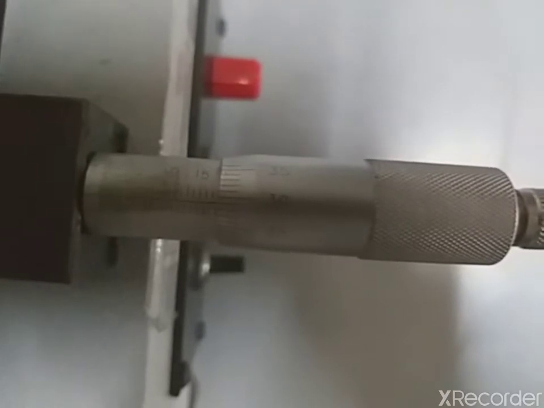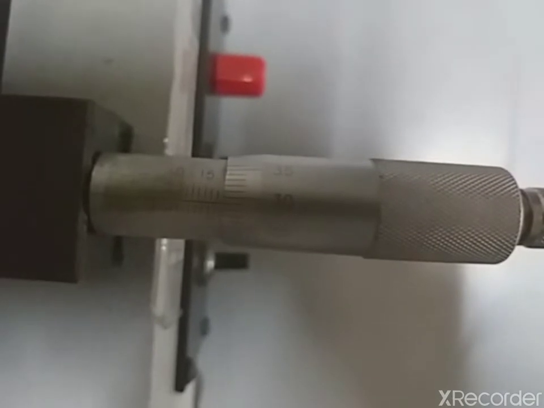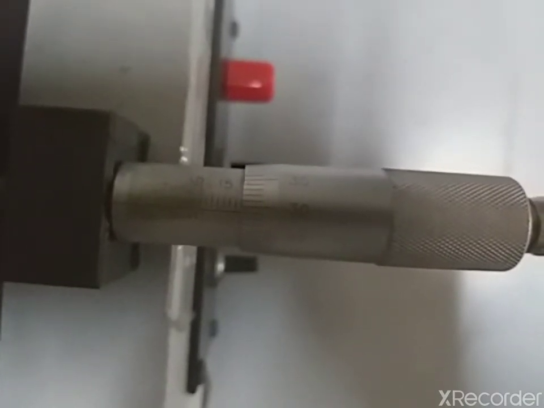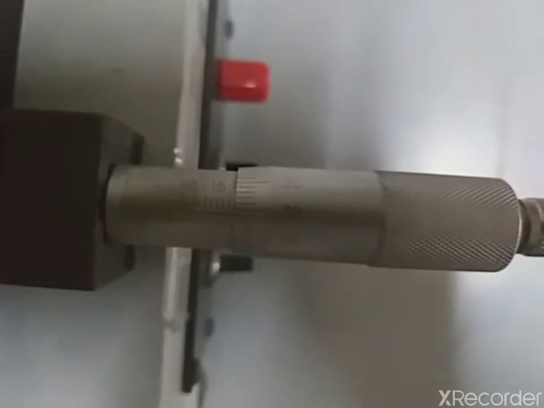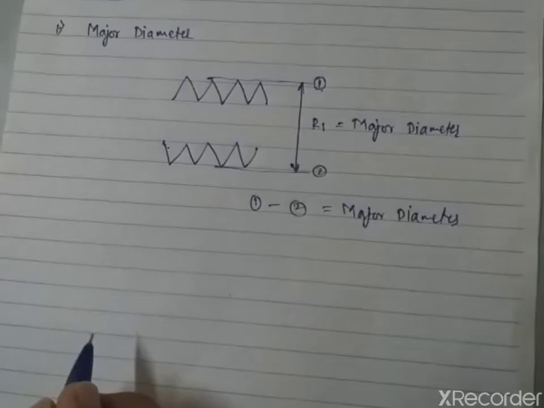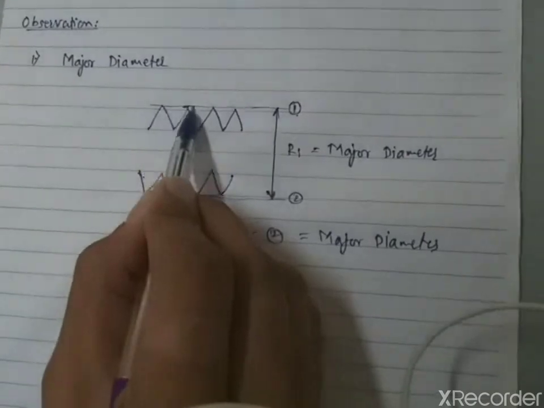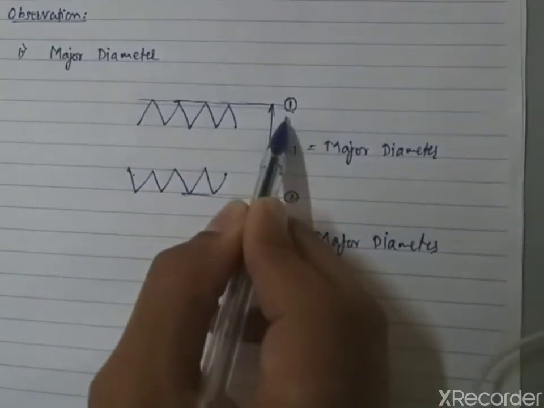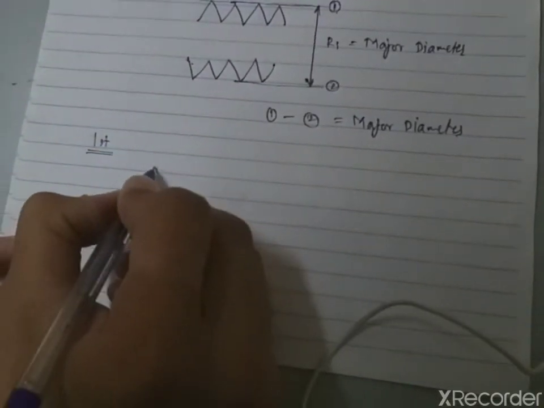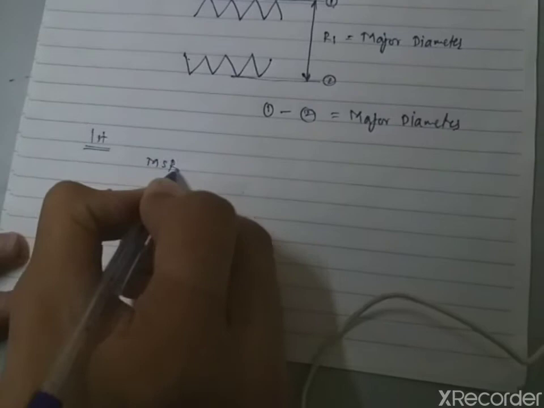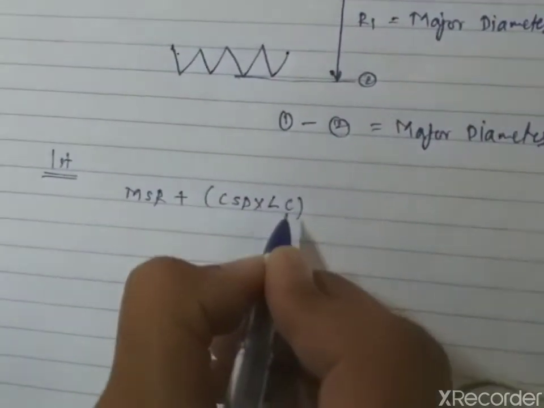As we discussed in the earlier videos, the main scale reading shown over here will be 15, 16 and I think 17 and a half. So 17.5 will be your main scale reading. This is the first reading, where the horizontal wire was aligned over here. So the first reading is the main scale reading plus circular scale division into least count of the instrument.